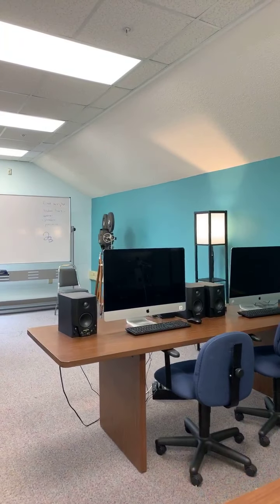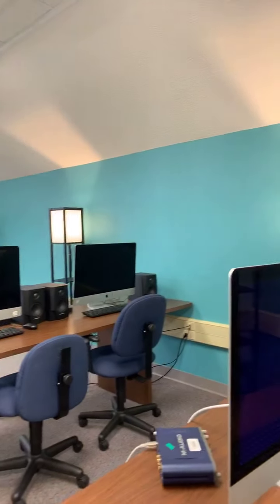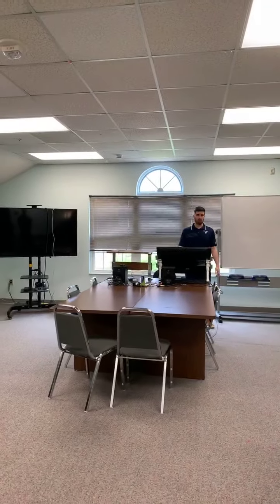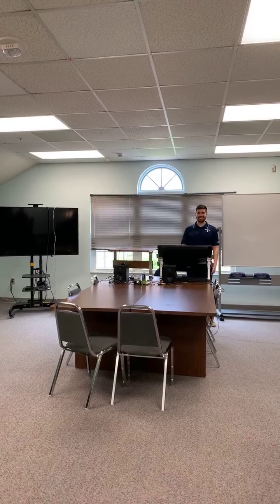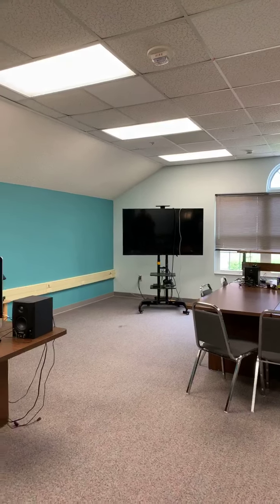So all of these computers are equipped with the full Adobe suite. They have audio and visual programs as well, so you can learn how to do that. And then the way that it works is the professor up here has a large tablet where they learn to do graphic design. It is projected to this TV, and students can check out tablets and learn to do those things on their